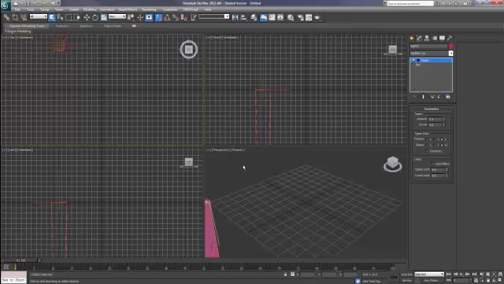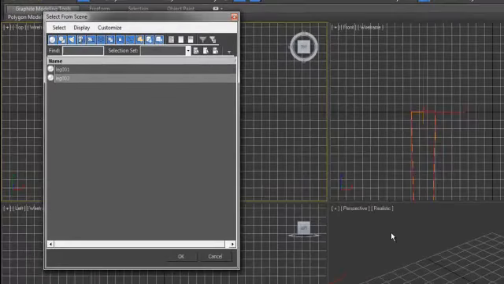Although you have created a copy of leg 001, you will not be able to see it, as both legs will be in the exact same position. Therefore, press H on the keyboard, lowercase, and this will bring up the Select from Scene dialog box. Double click on leg 2,